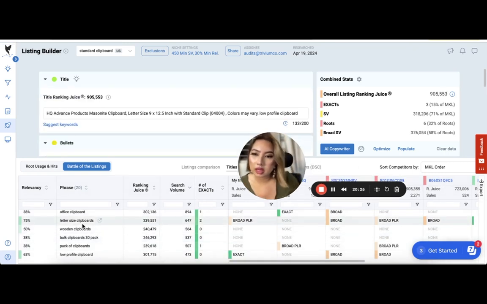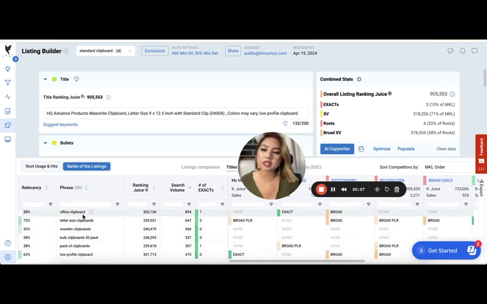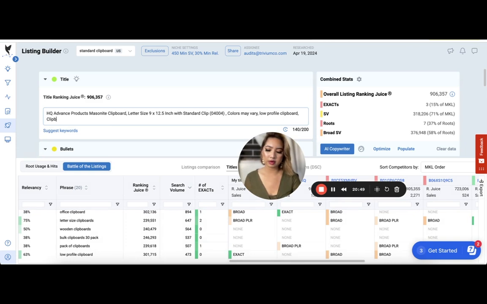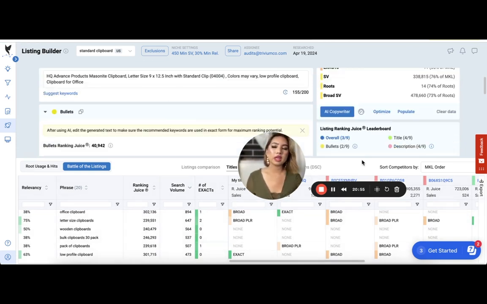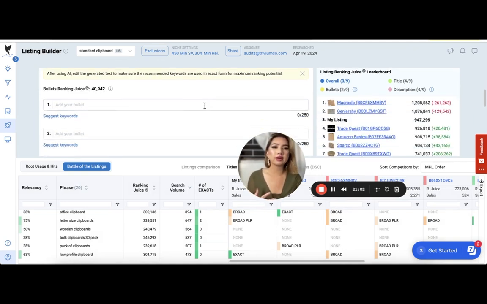There's also a ton of context-specific keyword themes in here, like office. So I'm going to go ahead and add that in here as well. We can just write down clipboard for office. And just by executing those SEO improvements and augmenting some high search volume keywords within your listing title,